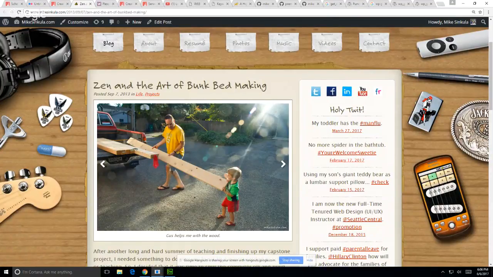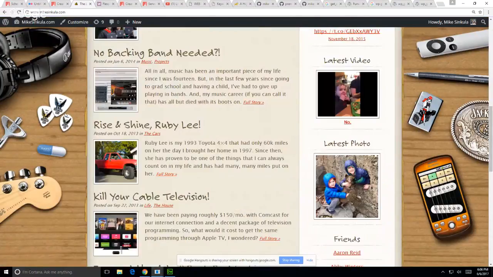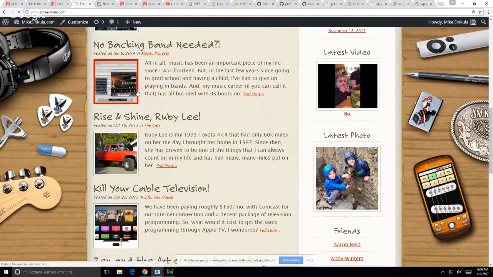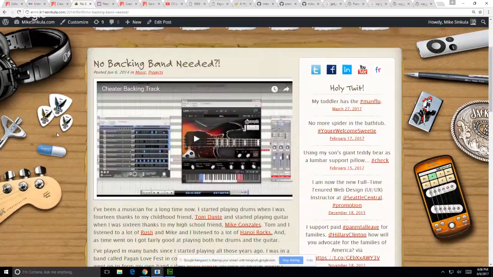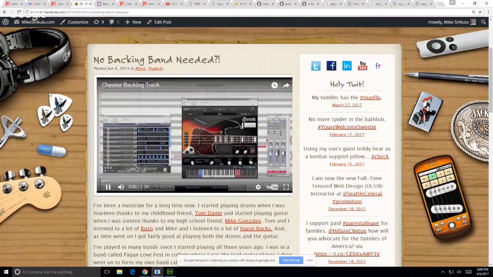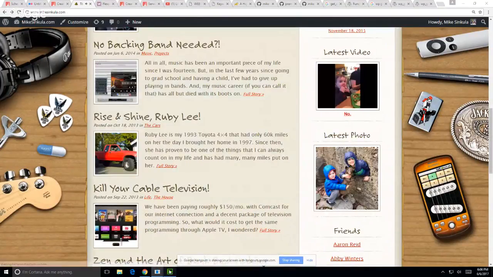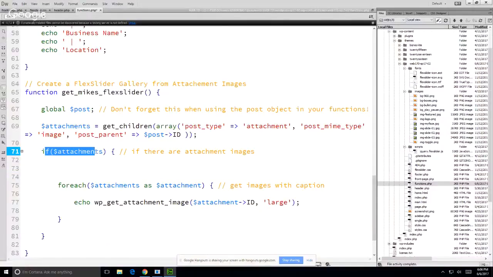What if you instead wanted a video instead? This is me making backing tracks. If there are no attachments, no markup. If there are attachments,